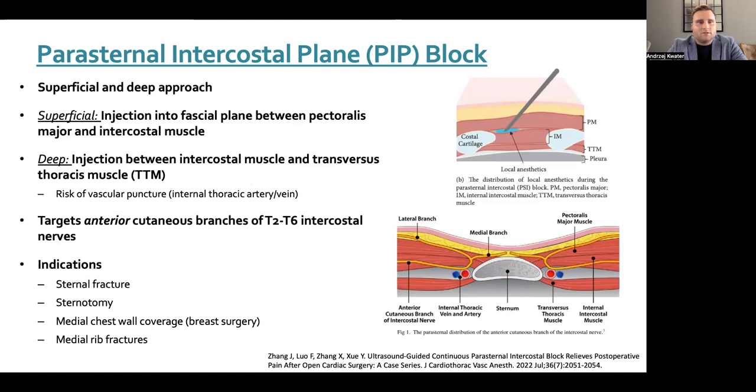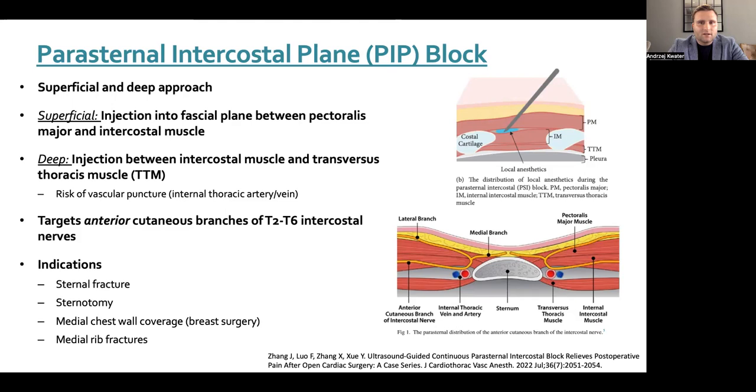Once you inject that local anesthetic, you'll see the spread along that fascial plane. And most often, individuals will have their needle contact that costal cartilage or that rib as it's joining along the sternum, and use that bony landmark as an endpoint for the needle itself to increase the safety profile of